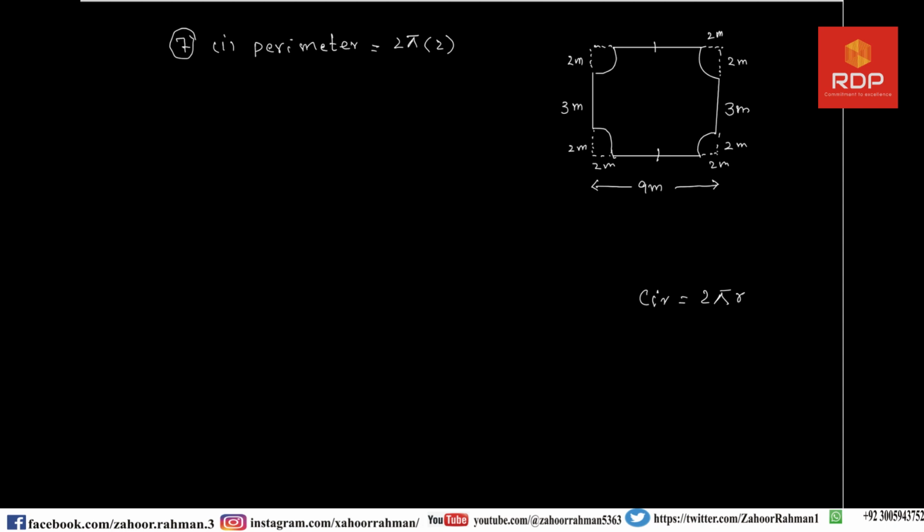So I told you that when 4 quadrants are combined together, it generates one full circle, and the radius of that circle you can see is 2 meter. So we wrote 2 meter as the radius. Then I am writing 2 pi